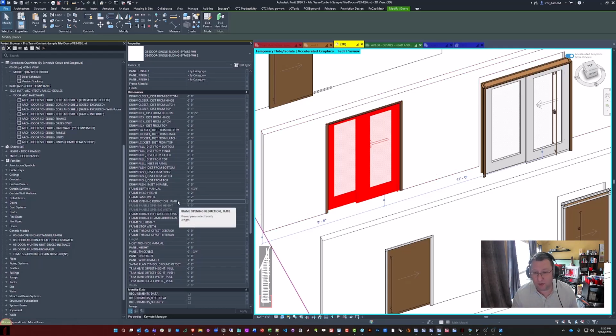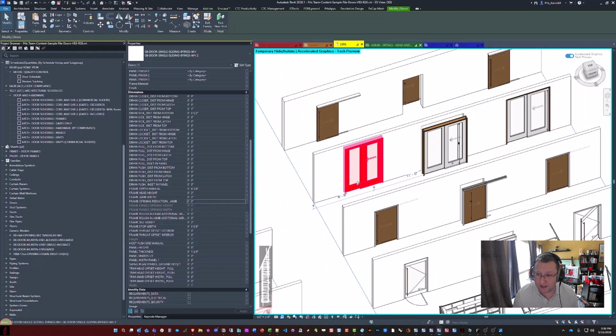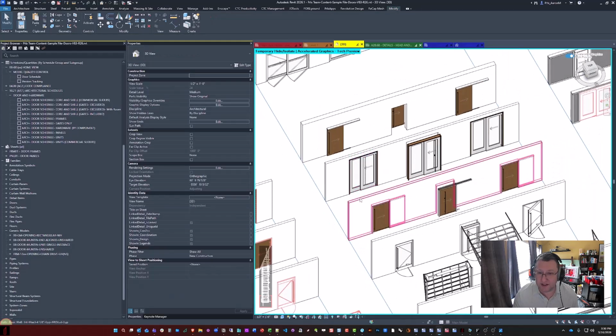You will notice that the parameters are different, and that's something that we are resolving in the 8.4 build. This will be the format of the parameters. There will be frame opening reduction jam and frame opening reduction head that will get used in the vertical direction. This is something that's going to happen in the sliding bypass doors, the surface sliding doors, and the pocket doors